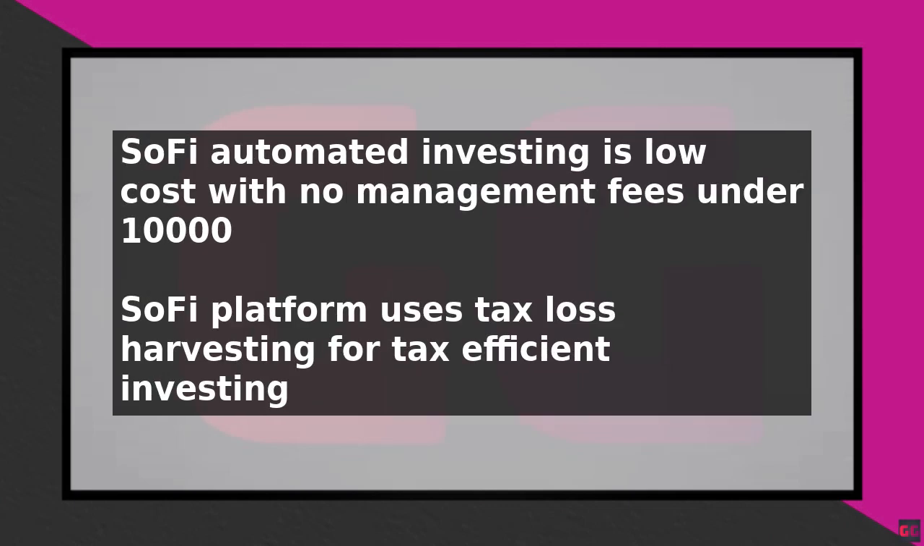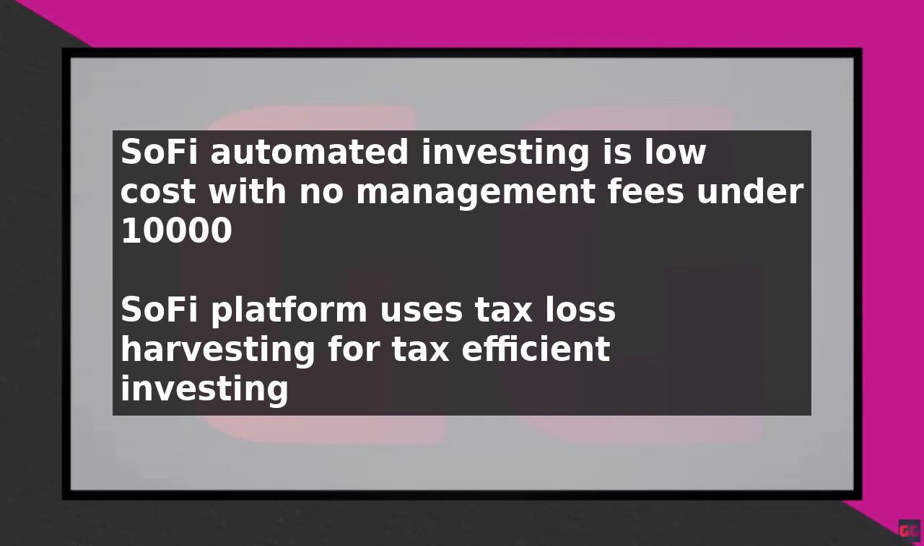To get the most out of Sofi Automated Investing, it is a good idea to set up regular deposits into your account, which can help you to invest a fixed amount of money at regular intervals, regardless of the state of the market. This strategy is known as dollar cost averaging, and can help to reduce the risk of investing